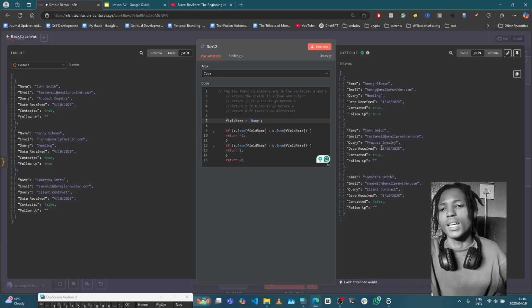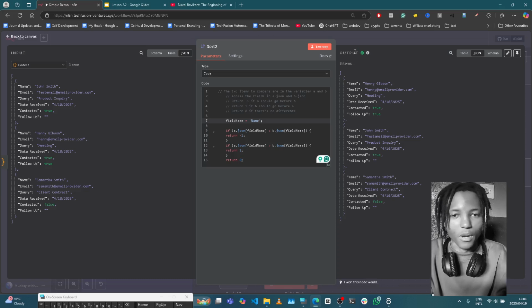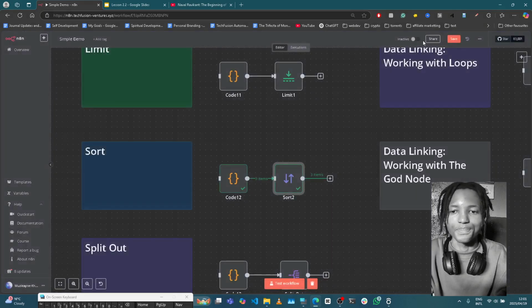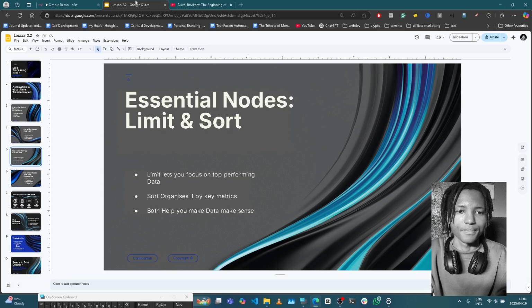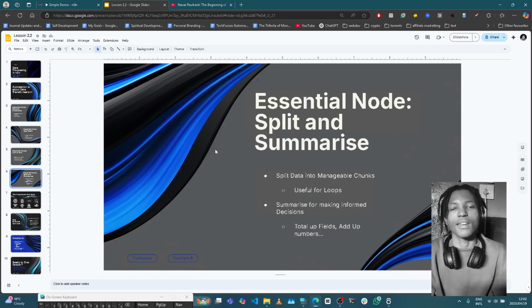So now, after doing that recursively, it comes up with this sorted list of items here, which is a very powerful application. Let's save. Okay, so next we can look at split. It splits data into manageable chunks, and this is also one of the most useful nodes that you'll ever find,